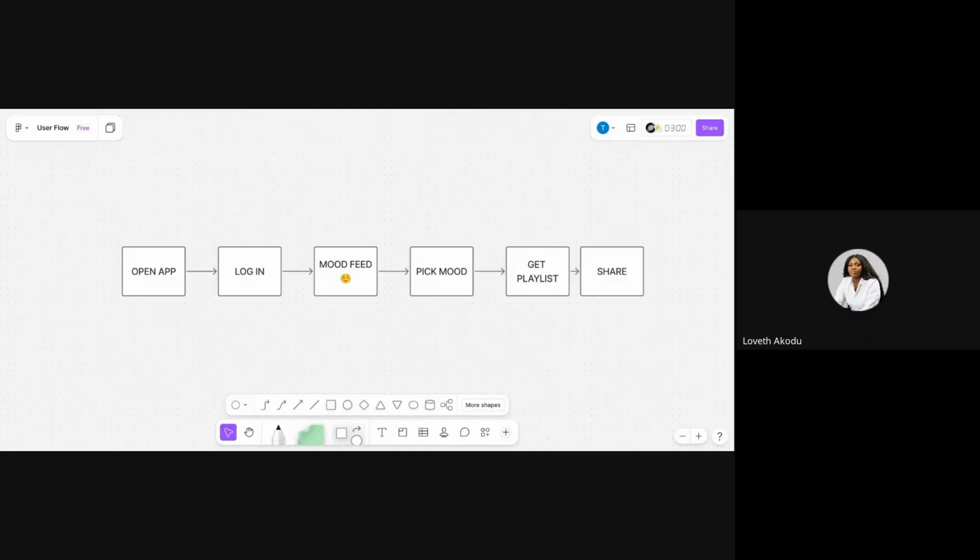So yeah, there are other things you could achieve. You could create different user flows for the same app. Obviously, it's not just going to be share. There are a lot of flows. For example,